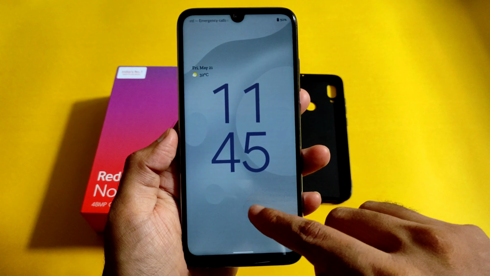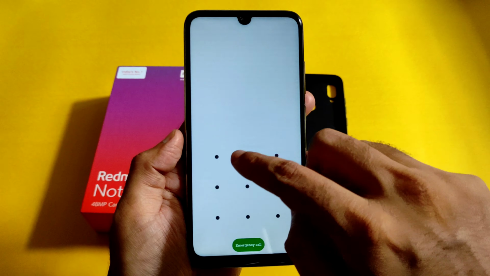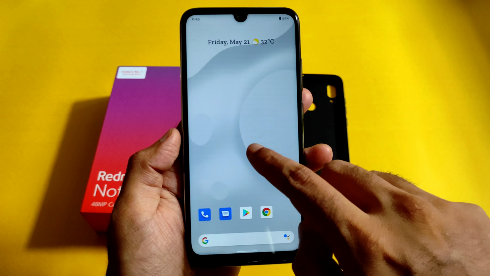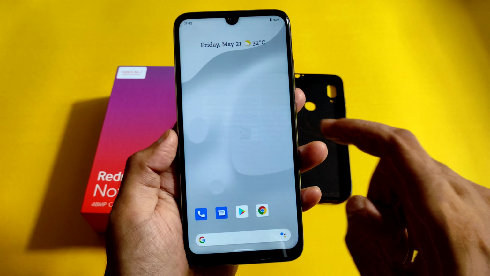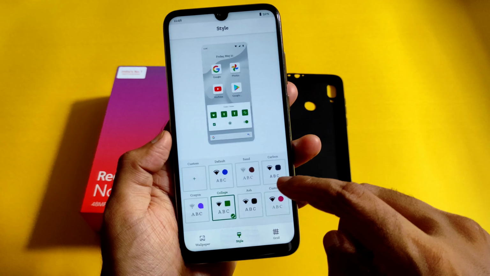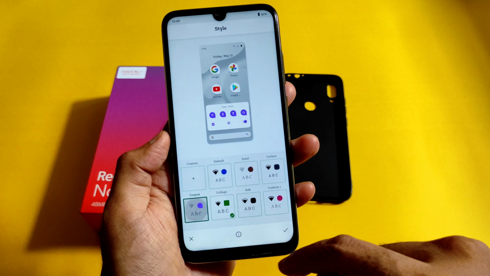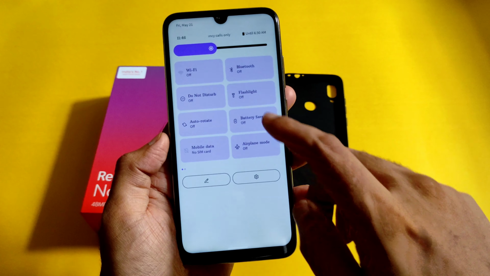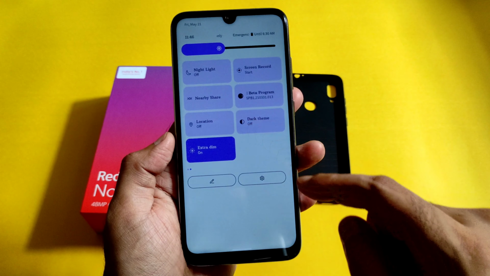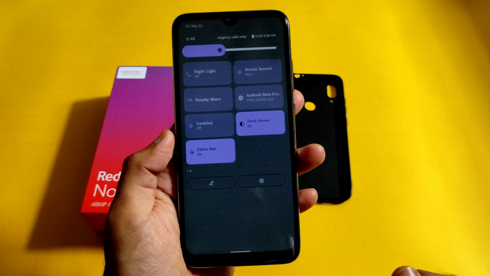This is also the lock screen with thick fonts and the thick unlocking pattern you will get in this Android 12 Beta 1. Let's see in the upcoming betas and stable updates what all new changes we'll see, and a lot of changes are also available in this video. Do watch till the end of the video so that you'll understand completely.